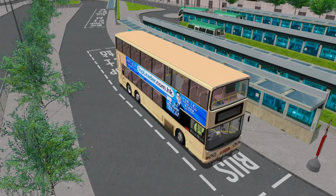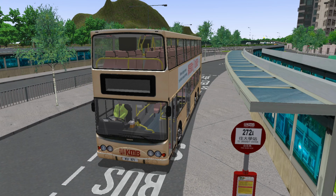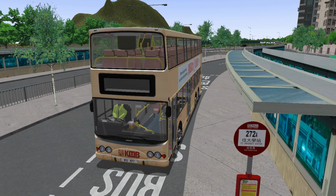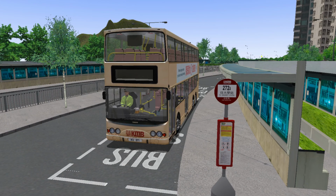It only used to have the 71 services on, and they expanded it, included all of these other routes. They're not the longest services in the world, they are quite short runs overall, but they're still quite nice, like 10, 15, 20 minute routes. We take them steady after last video where we ended up nearly 10 minutes early. We'll take them steady and drive some of the lovely Hong Kong buses that are available to drive in the